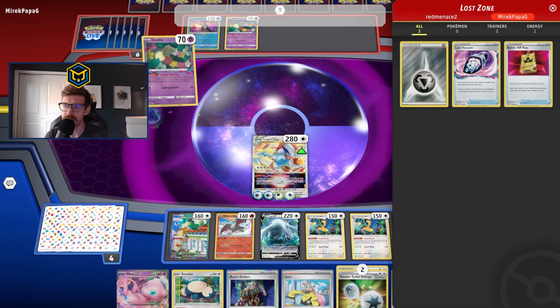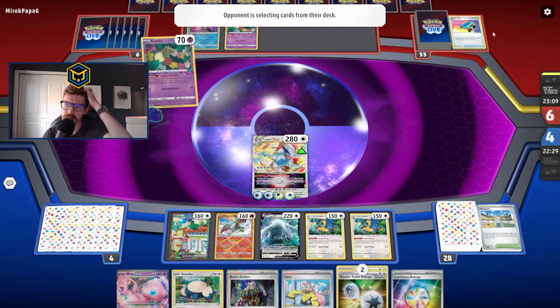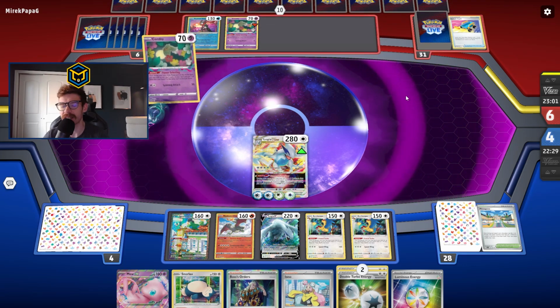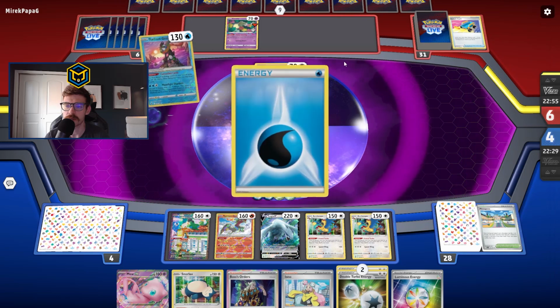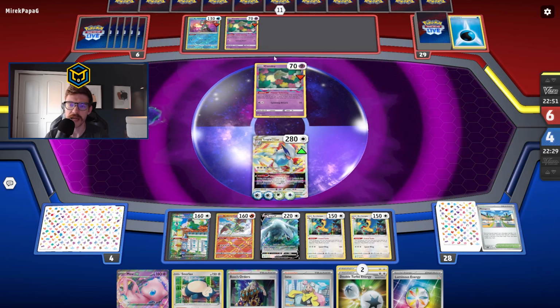I guess Zamazenta, is that the, yeah, Zamazenta. That's the other card I think that might appear in this deck. I can't remember actually. I think it does. I know it's a big Kyogre card, but I think it is in this deck too. 4 in the Lost Zone. Conceal. I have 11 cards. Jeez. If they don't put...